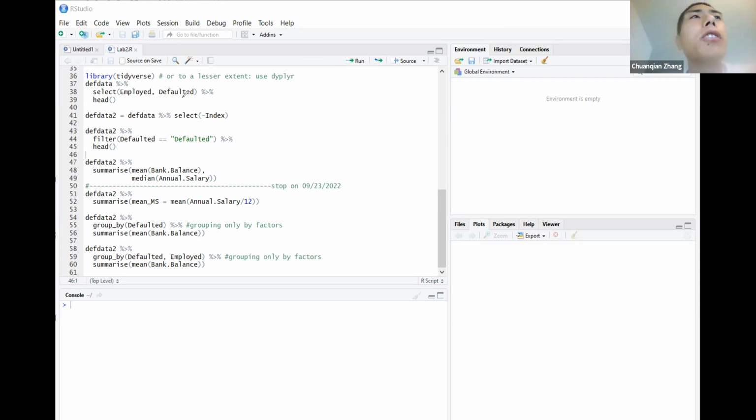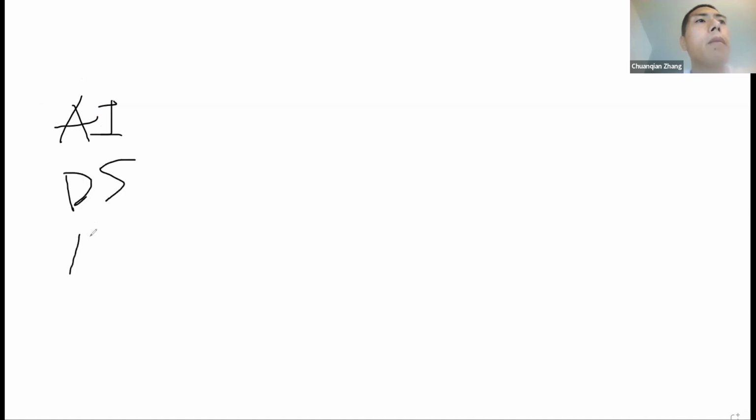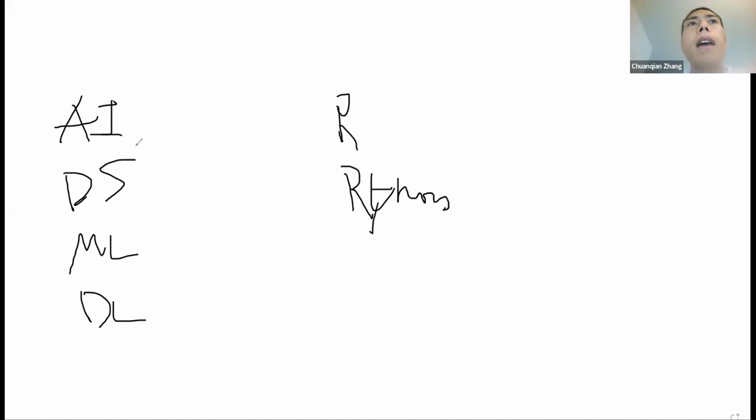Now let's talk about the relationship between the courses, right? Of course, this is very beginner level in this field. If you talk about data science, let's say AI, data science, machine learning and deep learning, for example, and if I talk about these things with the software, either R or Python, let's talk about the relationship. The thing that I want to say